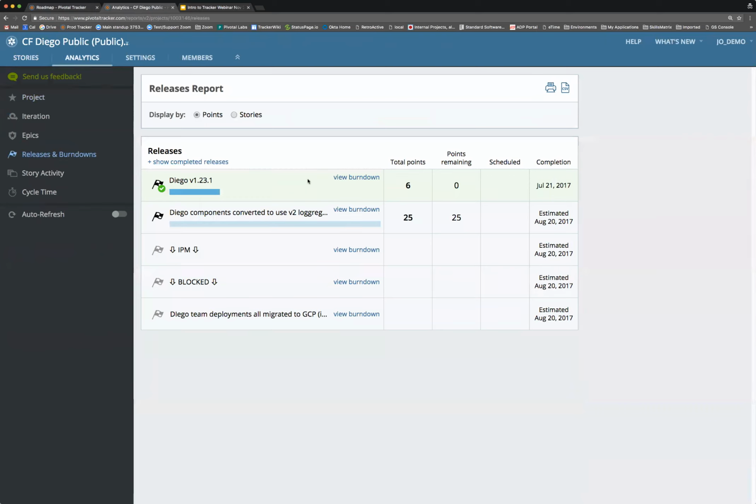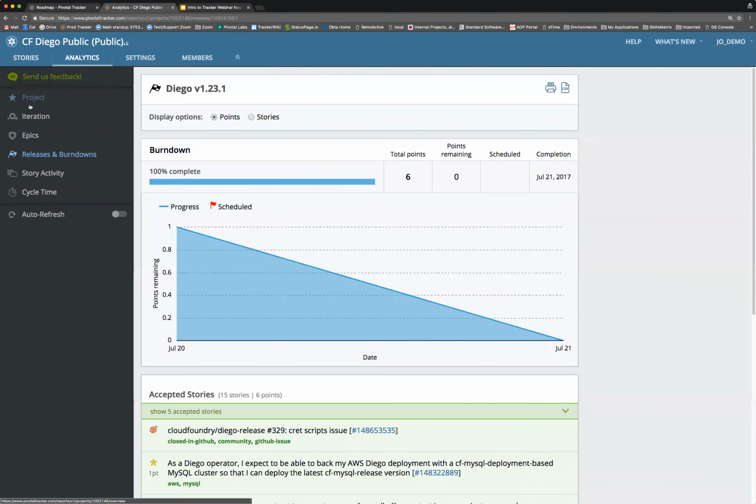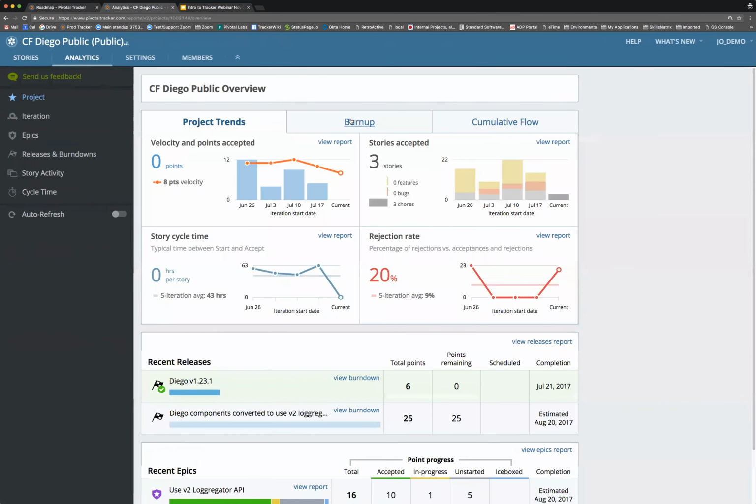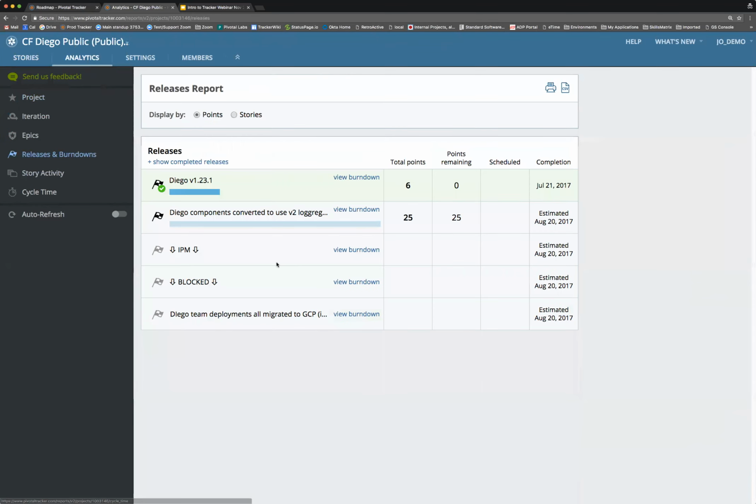So yeah, we definitely look at burn downs per release rather than from the entire project. So the burn up is more for the entire project, but burn down is per release. So you might want to look at burn up charts if you're looking for the big picture for the entire project,